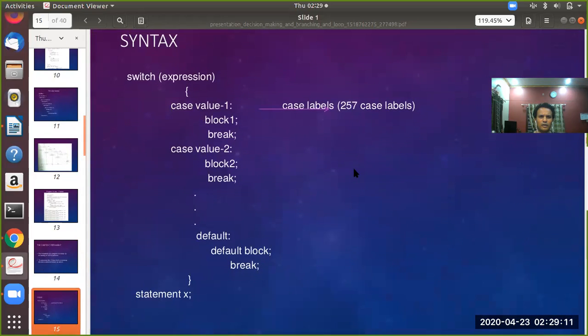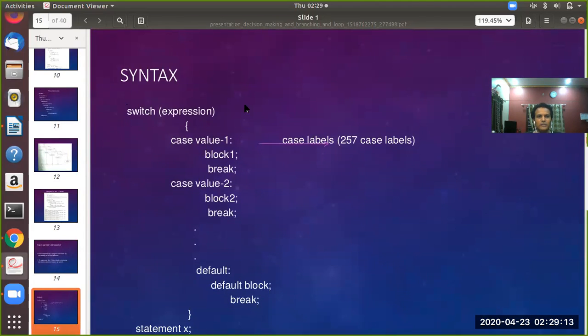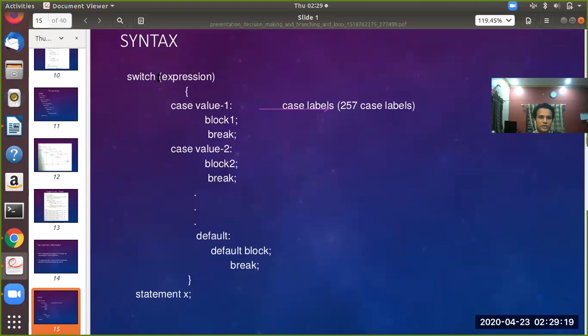Let us see. The syntax for switch will be like this. Syntax means how we should write that in the program. Switch, parenthesis, within that parenthesis an expression should be there, and then an opening brace, and within the opening brace you will start writing case value 1, then a colon, and in front of the colon you should write block 1. Block 1 means a group of lines of C code that is to be executed, right?